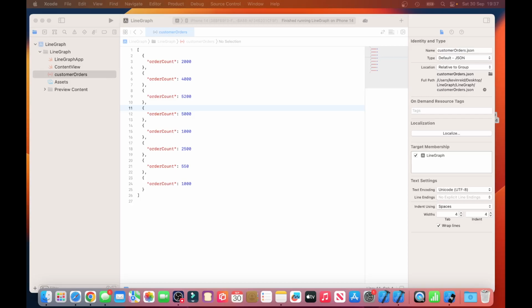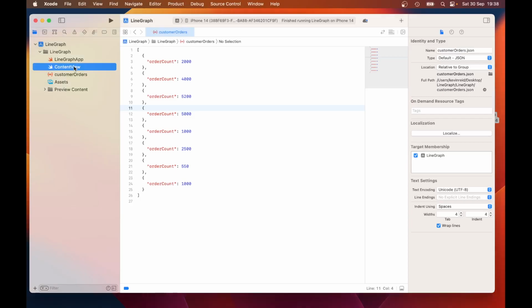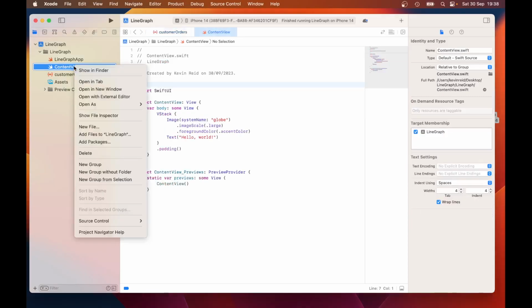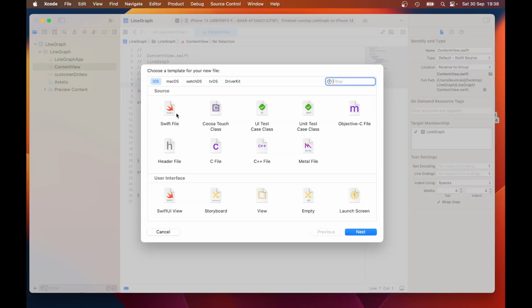Having created our customer orders.json file, the next thing we need to do is create our data manager class. And the purpose of the data manager class is to retrieve the JSON payload and populate the graph later. So to create the data manager class, hold down the control key and then right click on the mouse button, left click on the mouse button and select new file. Select Swift file, click next,